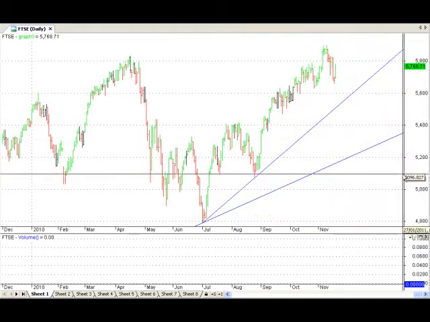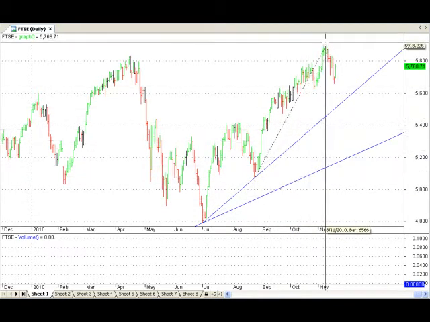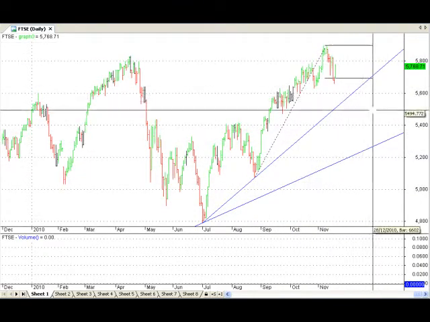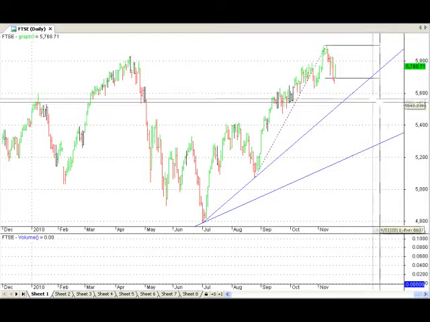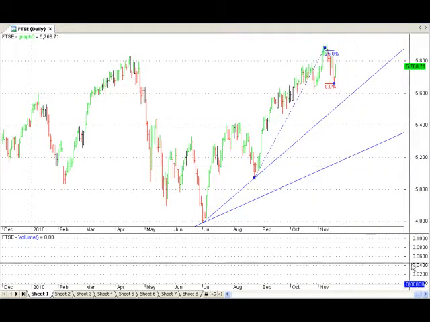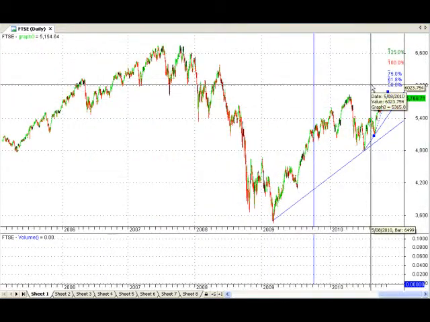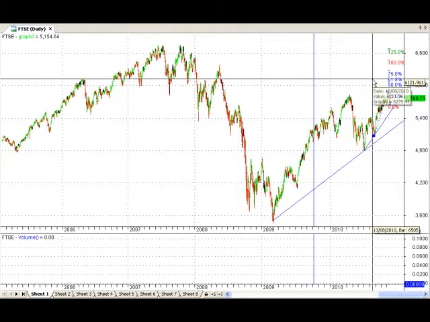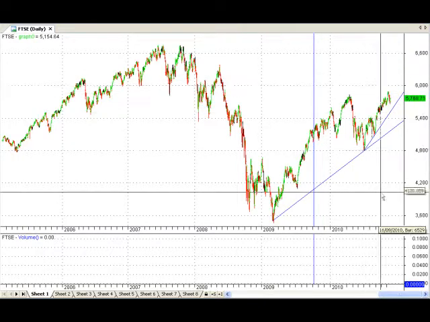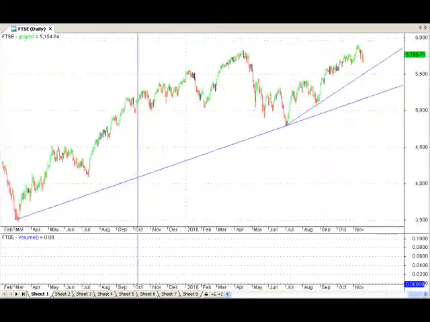Now, what happens after that? Well, let's have a quick look again. See if I can do it using the tools that I've got here. We'll be using an extension, and it's not going to let me do it. But let me see if I can give you a rough idea. There we go. Yes, you might be able to go to the 6,000 mark or the 6,100 to 200 would be quite feasible as the last move that we're looking at here in this shorter term Elliott wave. And that's on the FTSE, that's in Europe.